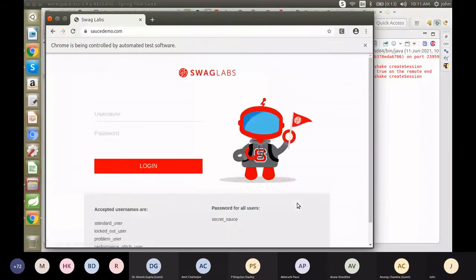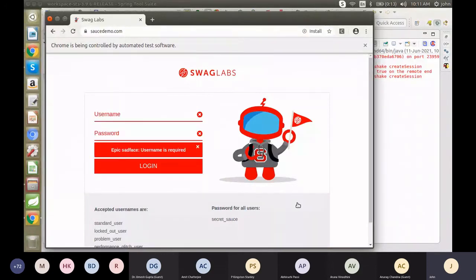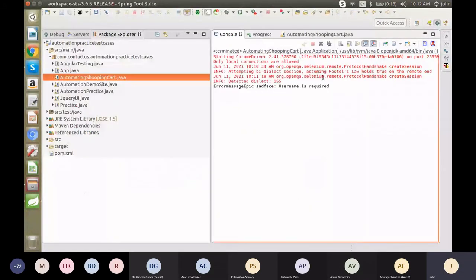So now we have not passed any username and password. Now we are directly hitting the login button, and we are getting one error: username is required. And we already printed those error messages, so we captured the error messages also. So now the negative scenario is also working fine.